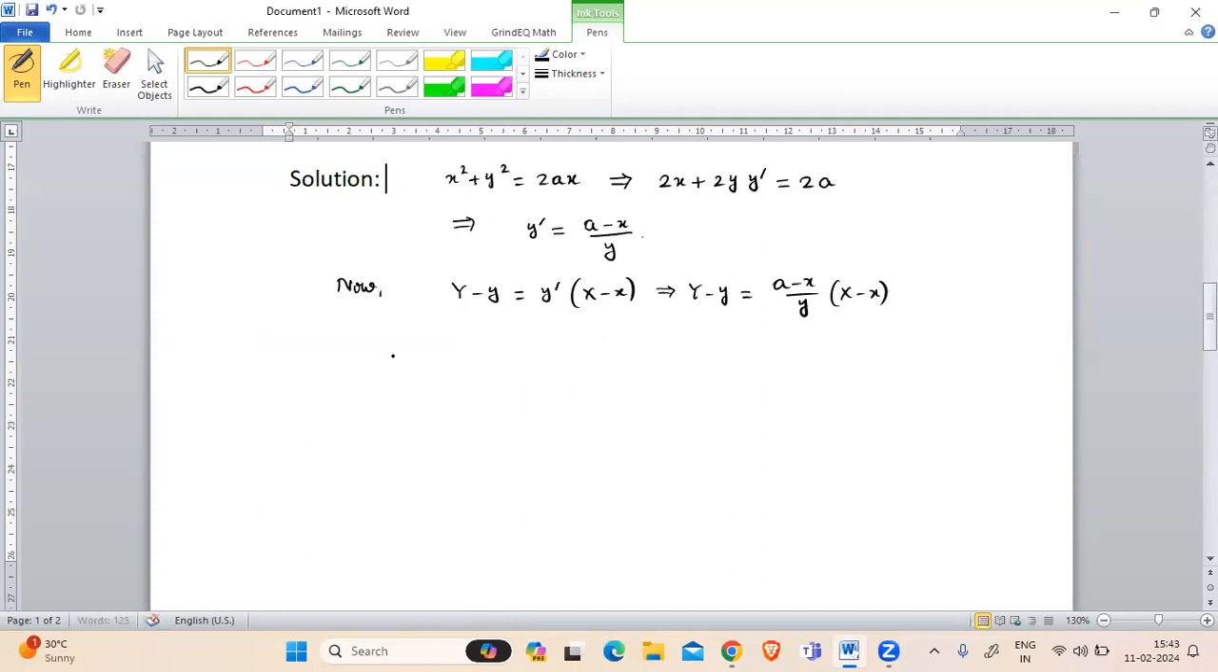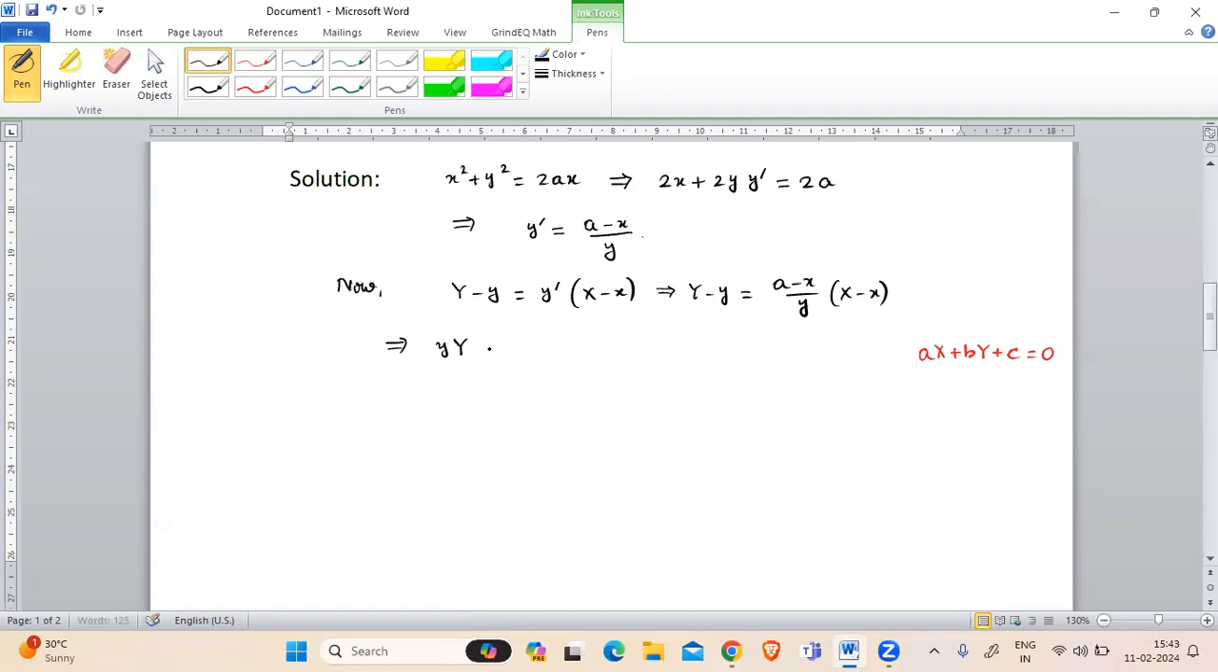Now this equation should be written in the form of, as I mentioned earlier, a into capital X plus b into capital Y plus c equal to 0. Here this a should not be confused with this a. Okay. Now, for that to be done, we'll cross multiply this y so that we get